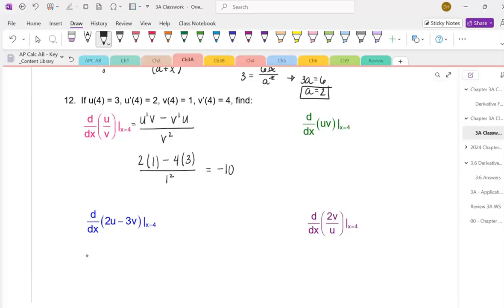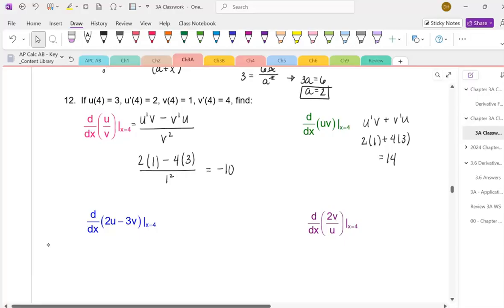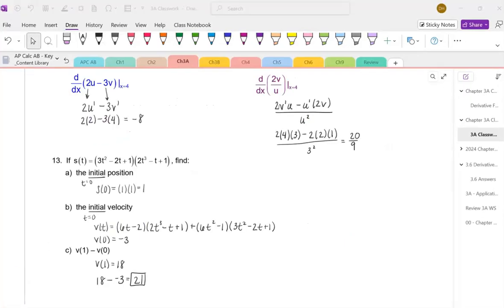In this next one, we are going to use product rule, take the derivative of u multiplied by v, and then evaluate it at 4. So we've got the derivative of the first times the second plus the derivative of the second times the first, and then we're going to input 4. And for that one, you get a final answer of 14. When we take the derivative of 2u minus 3v, this is an old rule, drop down the constant and take the derivative of each separately, and we get negative 8. And then we end again with quotient rule. Last but not least, position to velocity is a derivative. Initial means